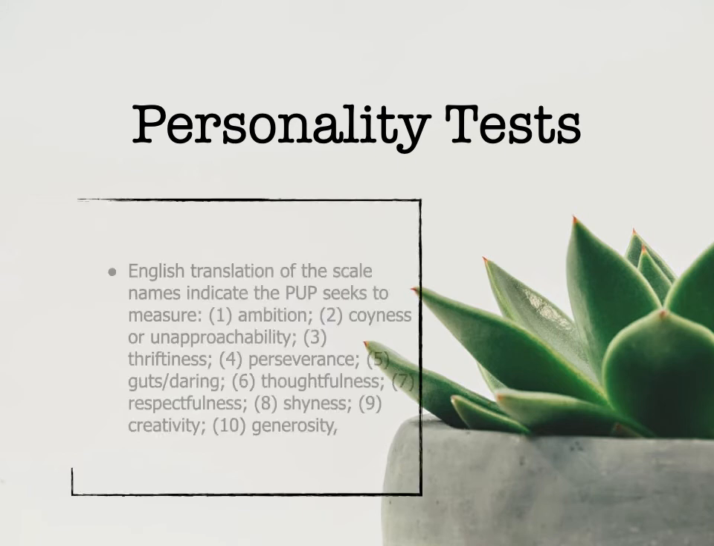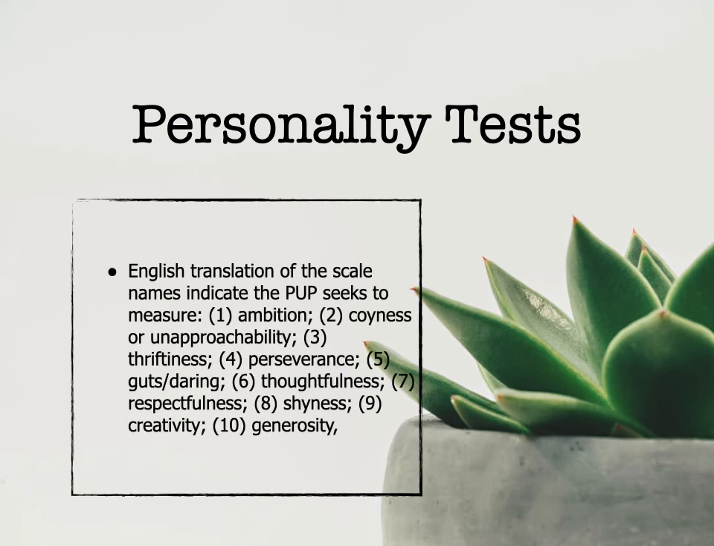And so what are the different scales measured by this personality test? Again, there are 24 scales for this one. So you have ambition, coyness or unapproachability. You have thriftiness. You have perseverance. You have guts or daring. You have thoughtfulness. You have